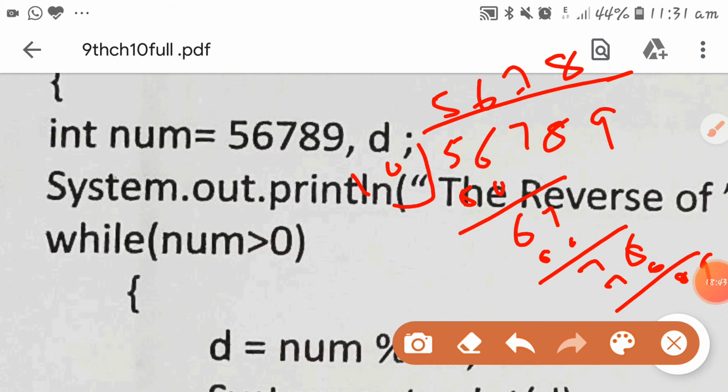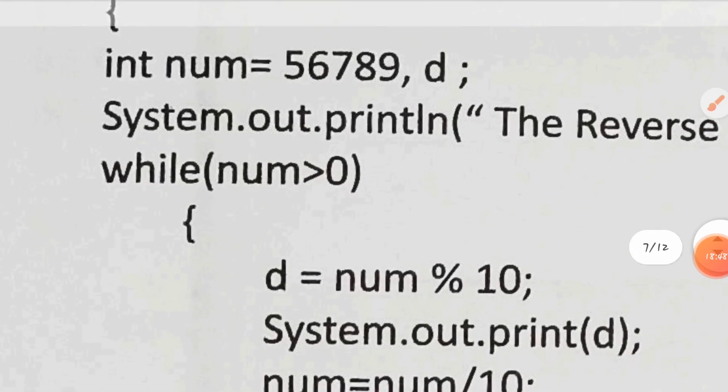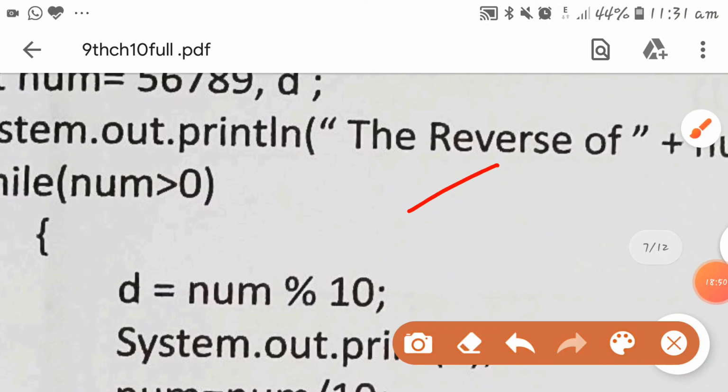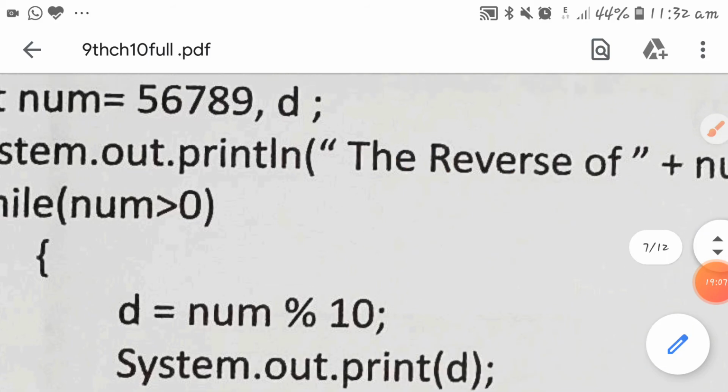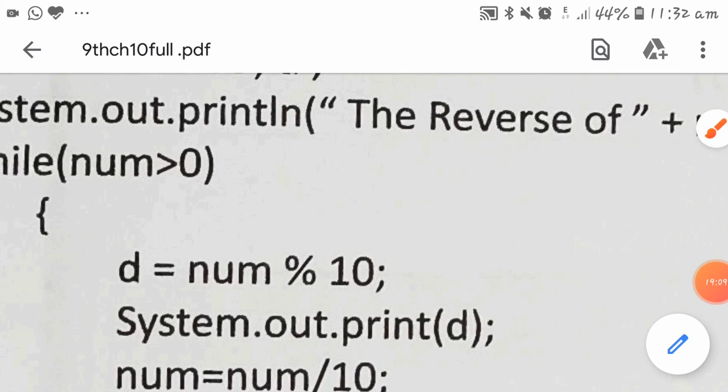After that your remainder will come 9. So this is the remainder after division. Okay, it is of integer type, and now it means in my d the first value will be 9.